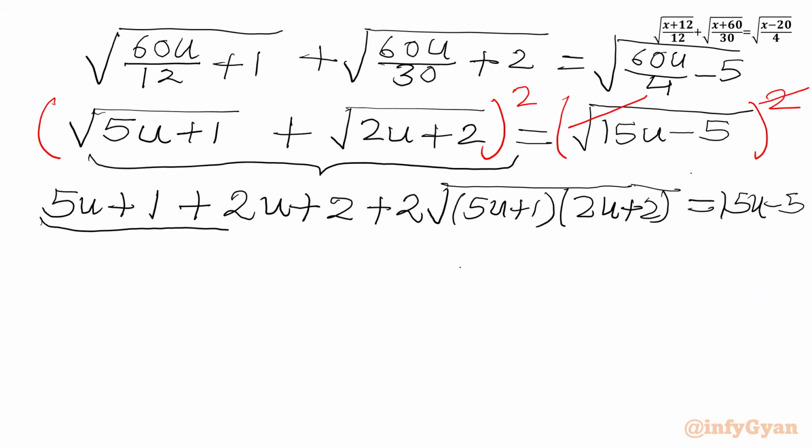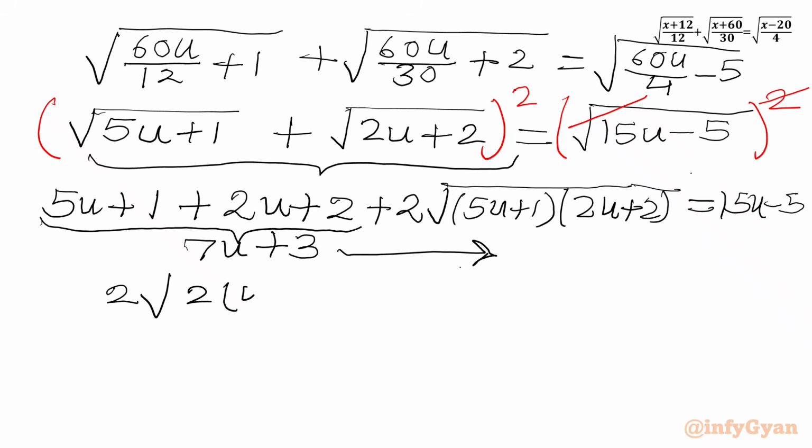Now here we have 7u plus 3, which we will take to the right hand side. This term we will take to the RHS. So we will get 2 times square root of 2 times u plus 1 times 5u plus 1